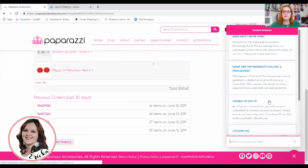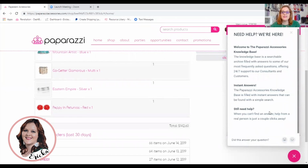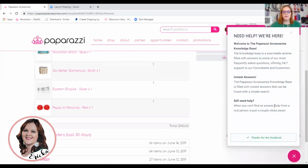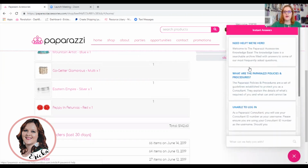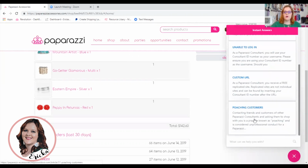So you can read through these. Need help? Here's the new information about it. Instant answers. And if this answered your question, do Paparazzi a favor and give them a yes or a no, because this is going to be a living document kind of thing where they will grow it as they need to. Now, how do I get out of that? Oh, you have to click the little X. There we go. And it's got some of the basic questions: if you're unable to log in, how to change your URL, poaching customers. But it has the option here where you can type